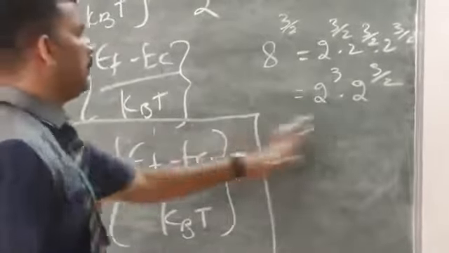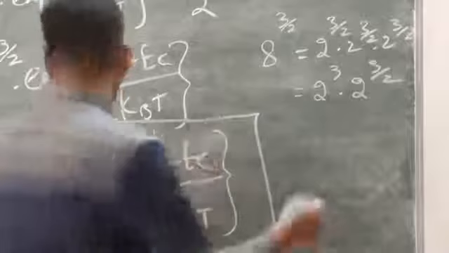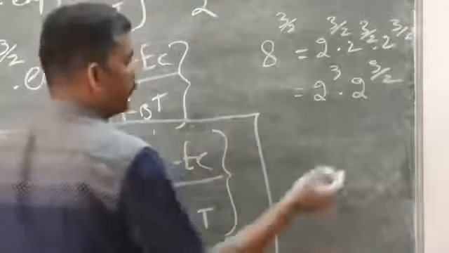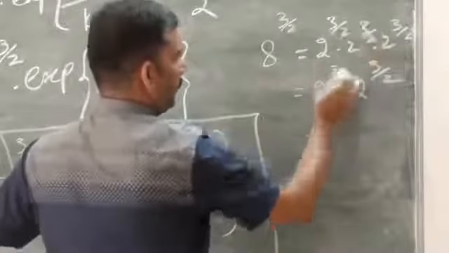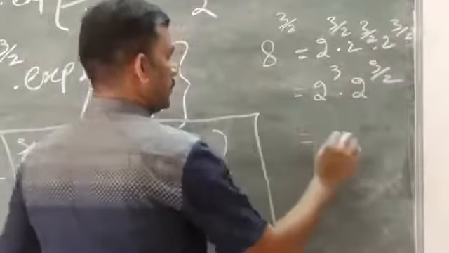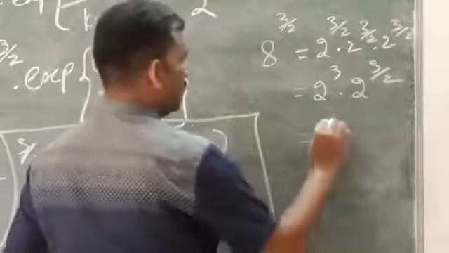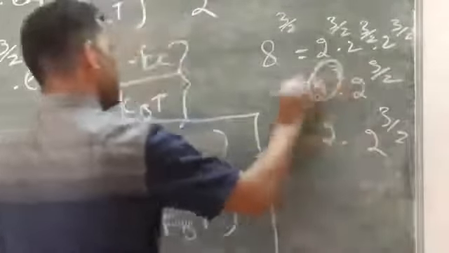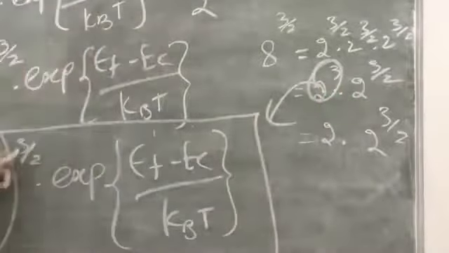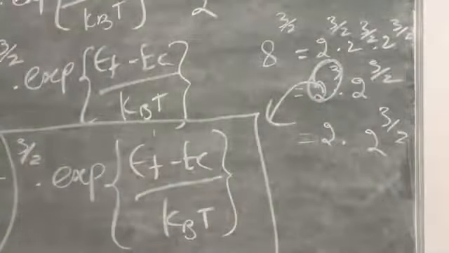So take it outside. You will get 2 into 2 power 3 by 2, because 2 cube is nothing but 8. So when you take it outside, take it to the part. Right. So this is the way